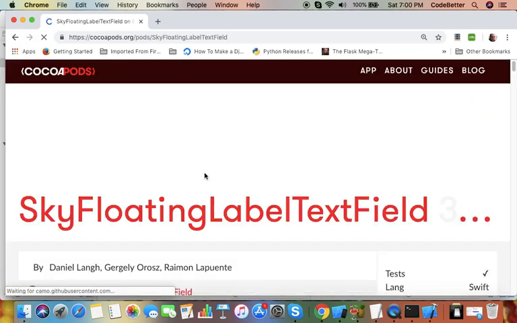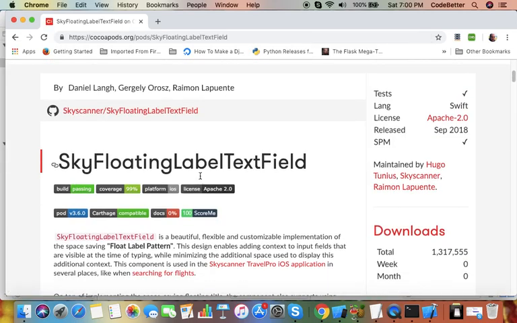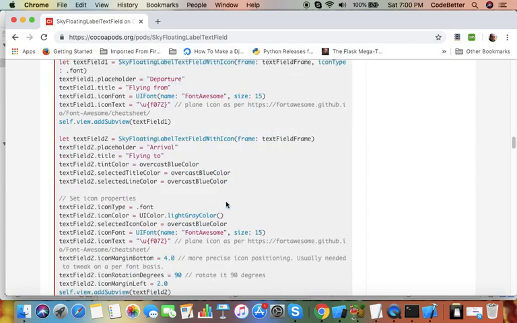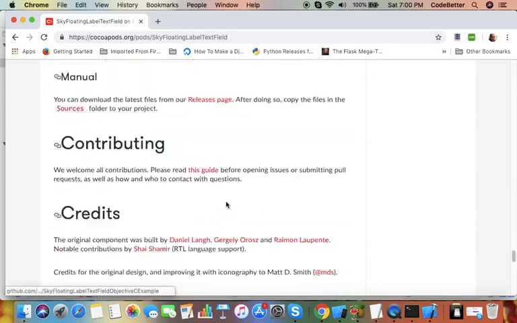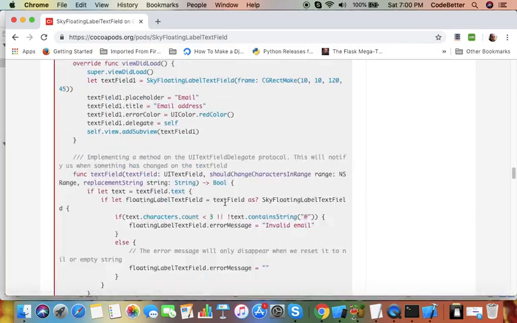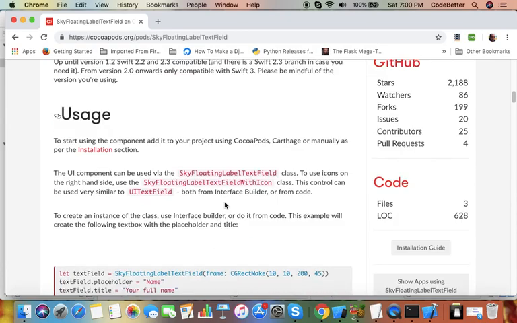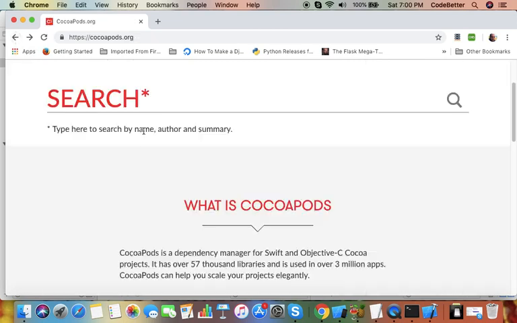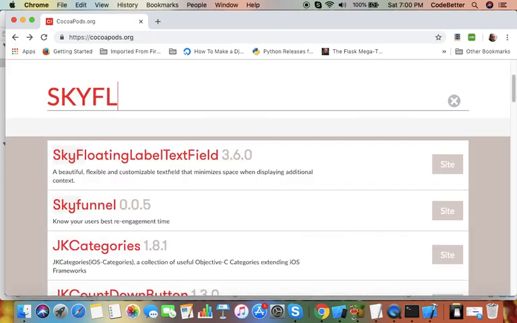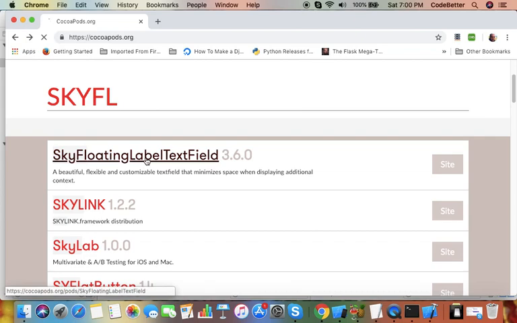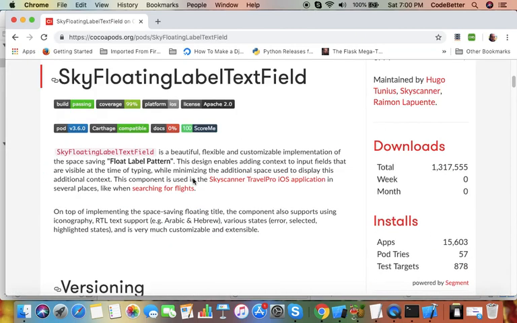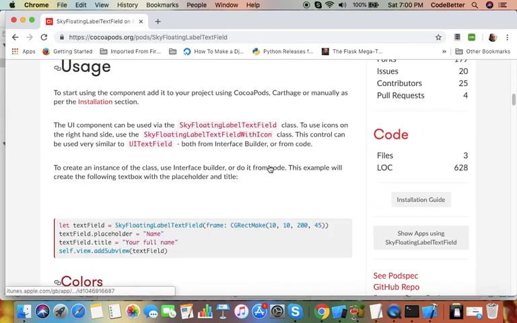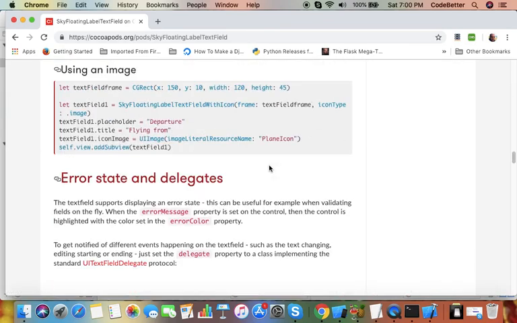Now this library is again a very good UI library. So this is one more library.